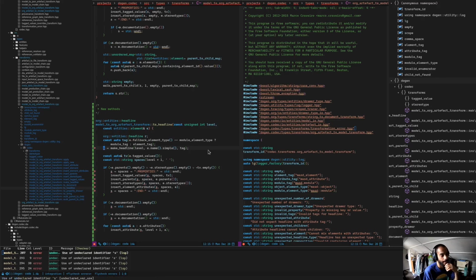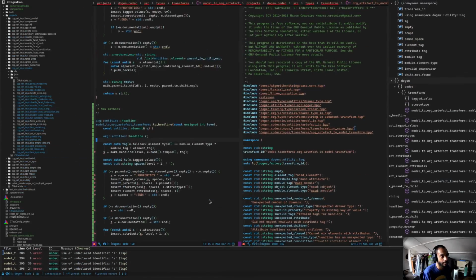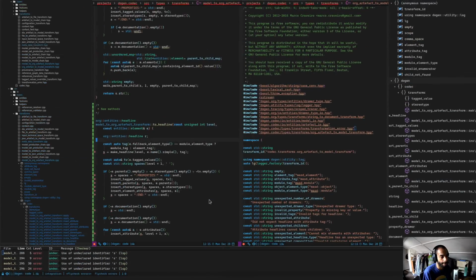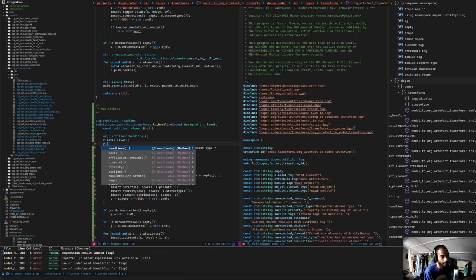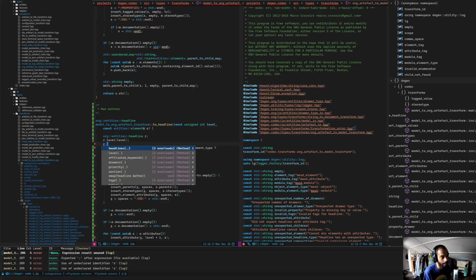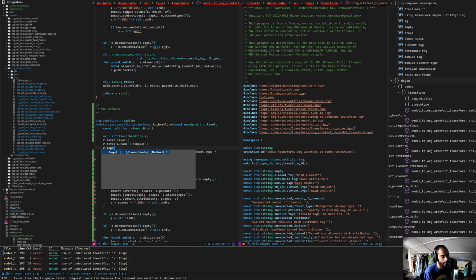We just have to slowly iterate through these things. So tags, what are tags? Okay, just a list of tags. So we can simply say the level, the title perhaps. Is that a name or a title? Title is the name of the element. So you can see we're just slowly constructing the headline, and then we can have some set of tags, and